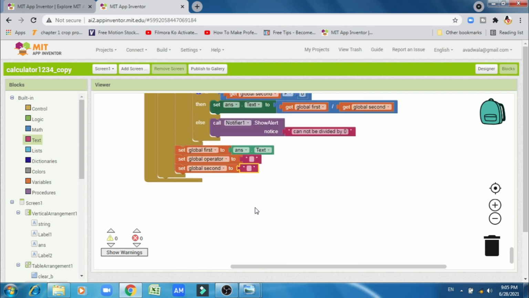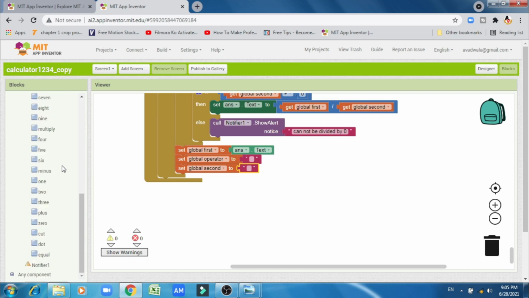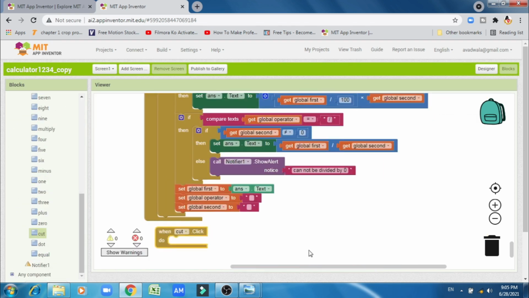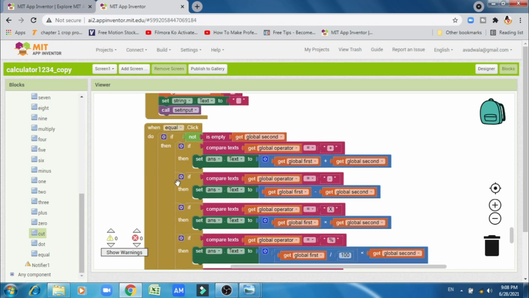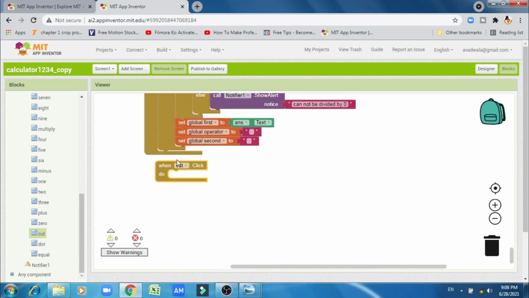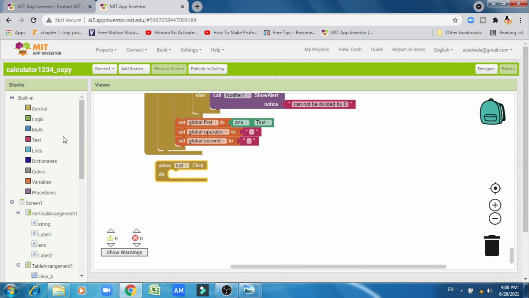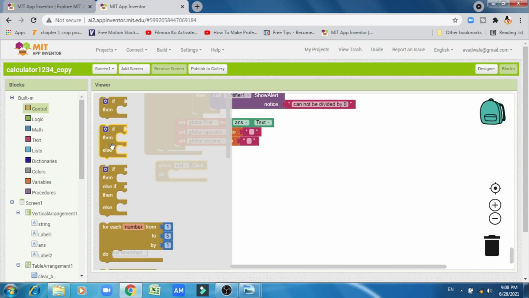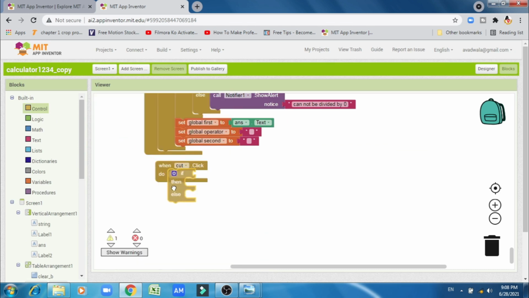And the last button remaining is the cut button. So we will do the procedure for the cut button. For the equal button, we don't need to set call input, call set input code here. When the cut button is clicked, then go to control, if then else.